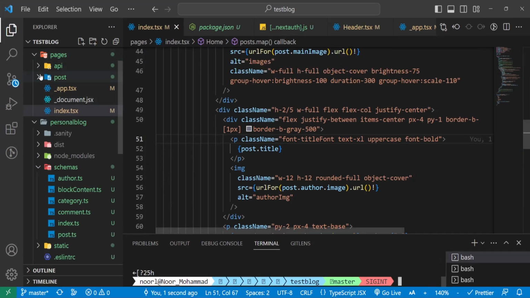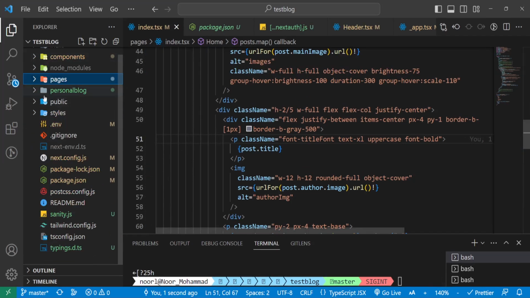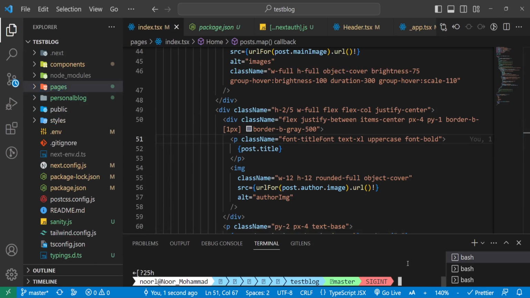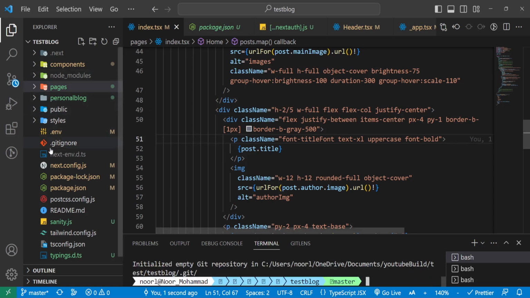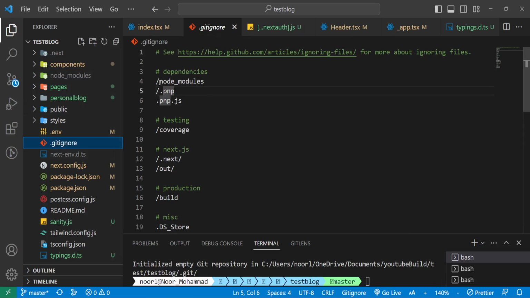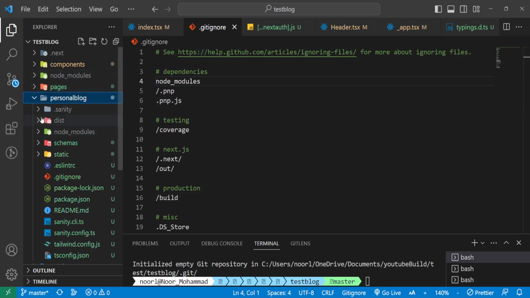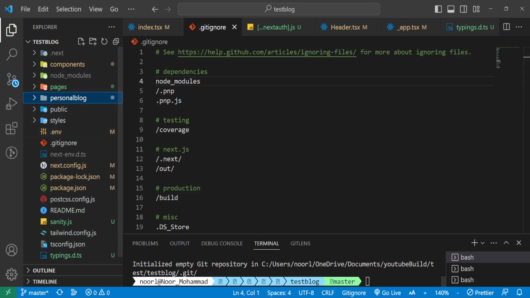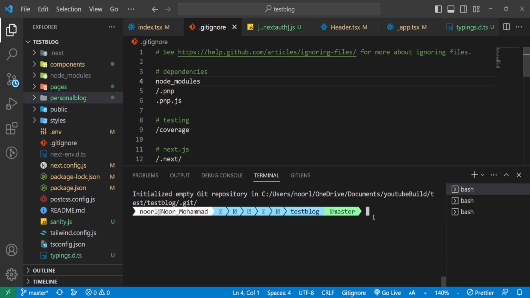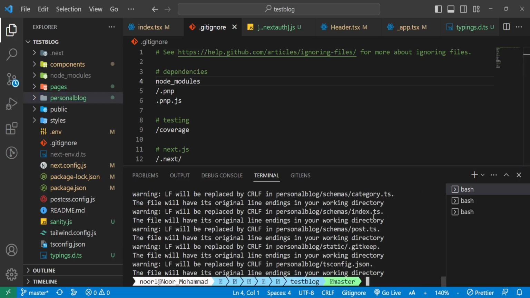So now in here, there is no Git repo also. So what I'm gonna do, first of all, is git init. I'm gonna initialize Git, and over here in the gitignore file, I'm gonna remove that one. So it will ignore my node modules over here and also over here, because I have two projects in a single project. So it's gonna ignore every single node modules. So now let's git add dot. It's gonna add everything, and git commit -m